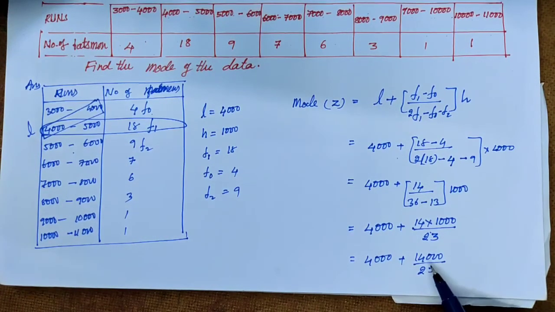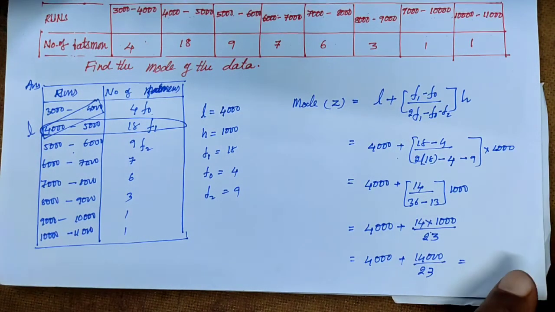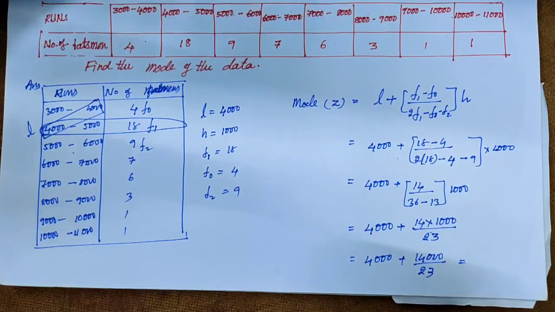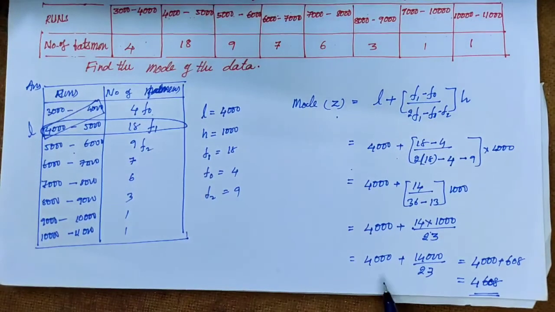So divide 14,000 by 23 and add the result to this 4000, then we get the mode value. If we divide 14,000 by 23, we get 608. So 4000 plus 608 is equal to 4608. So this is the mode of the